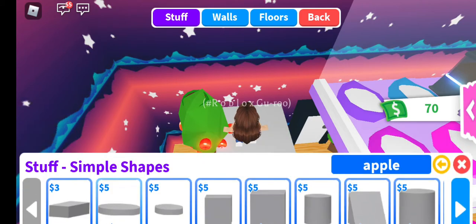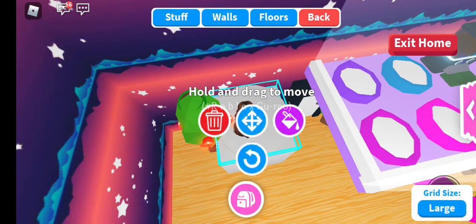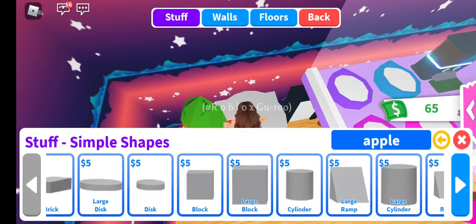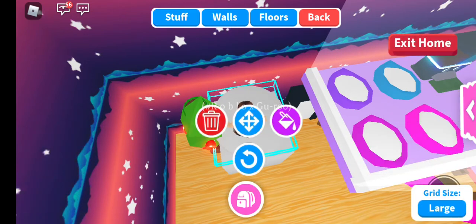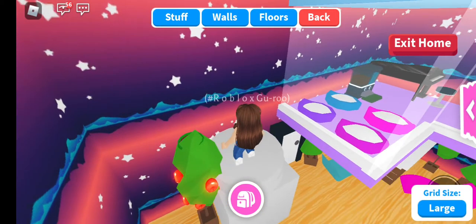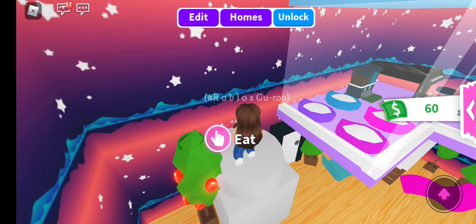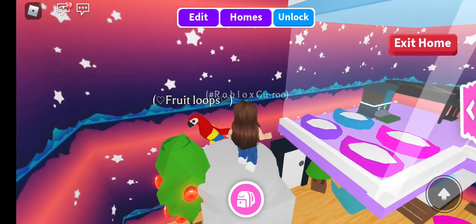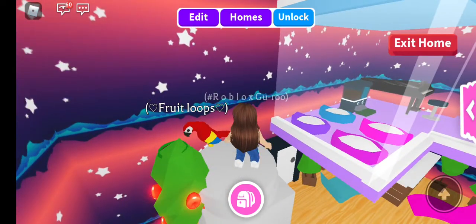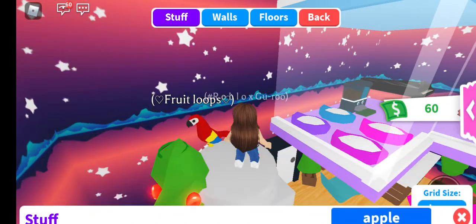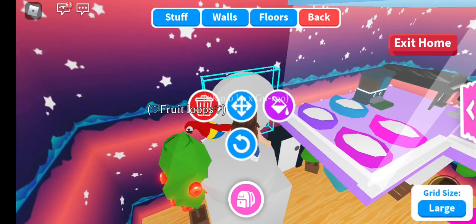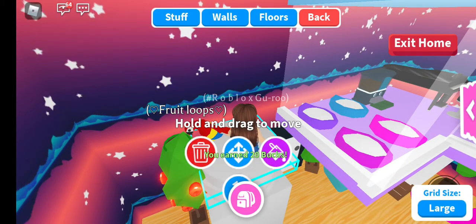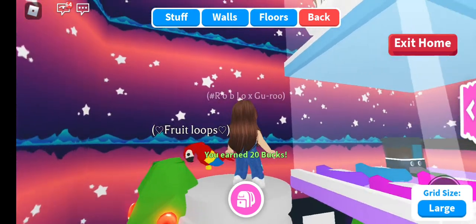So you are going to buy a large disc. These things you're not going to be keeping. It's just there to keep building up and trying to make this as good as you possibly can. So you are going to get out the pet you want to use, such as if I want to use a parrot for this. See, the parrot's just floating in the air. If you think that's cool, this step is not for you then. So you don't have to watch the step if you don't want to, but if you just put it like